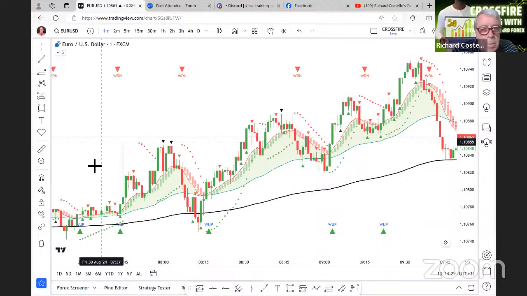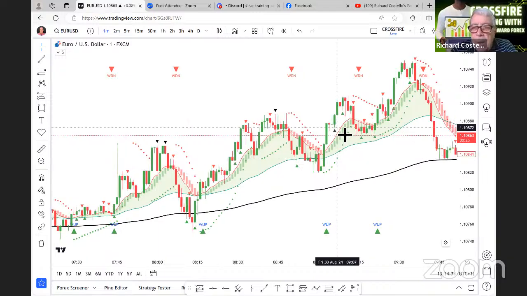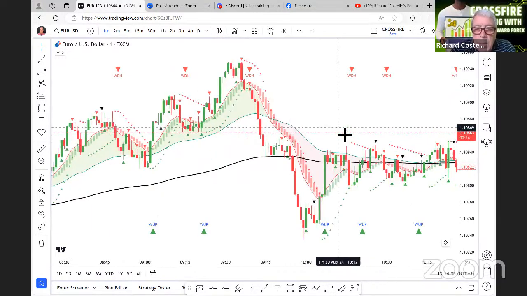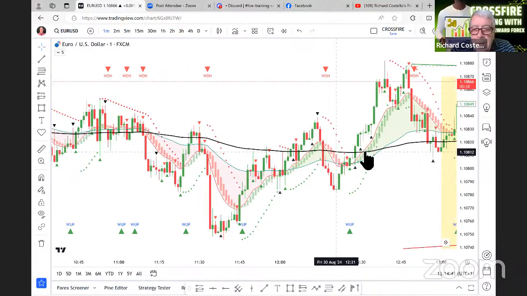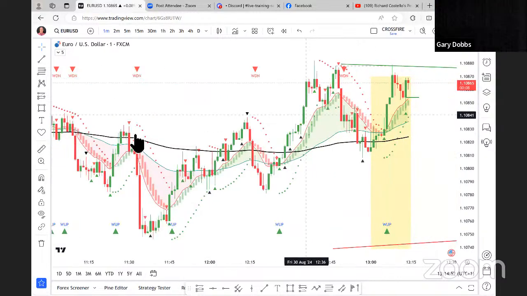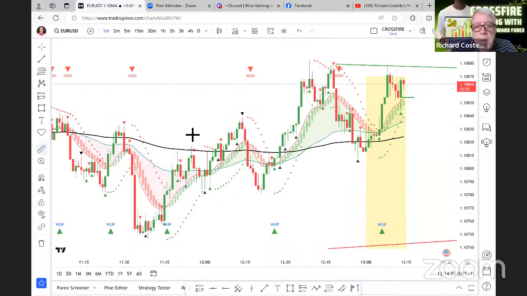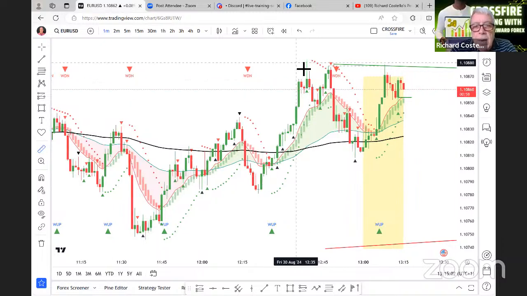Yeah, so going way back, it wouldn't have triggered at that point, and it would have got me in if I got in there when it crossed over the 200. It would have been a slow start, and then it would have been a huge leap. So that was a missed opportunity. I could have stayed in up to there, but if I stayed in all the way,